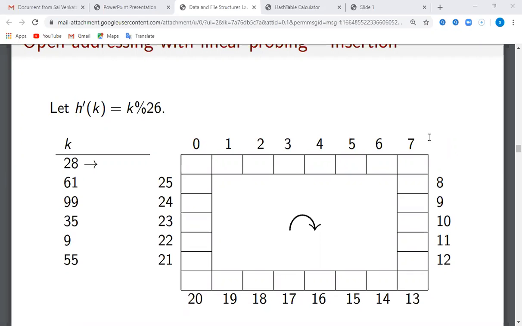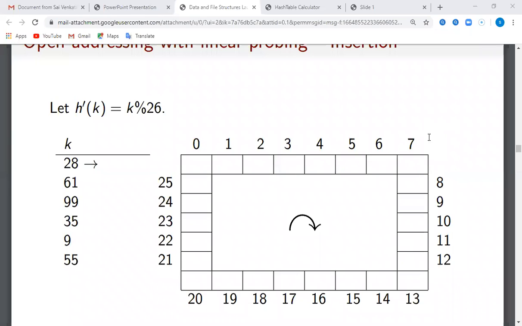In linear probing, we apply a function similar to the division method, that is the modulo division method, where we do modulo division of the key by the maximum size of the hash table. Here the size of the hash table is 26 in this example.